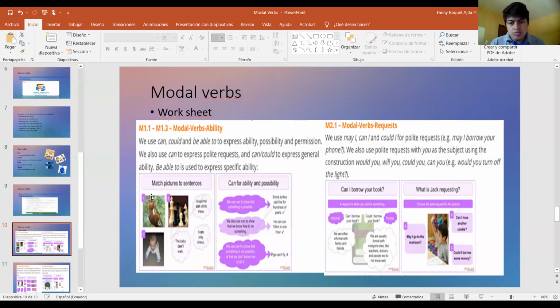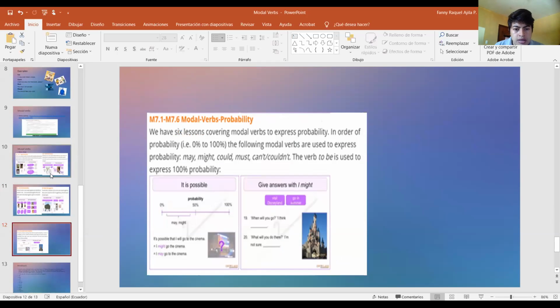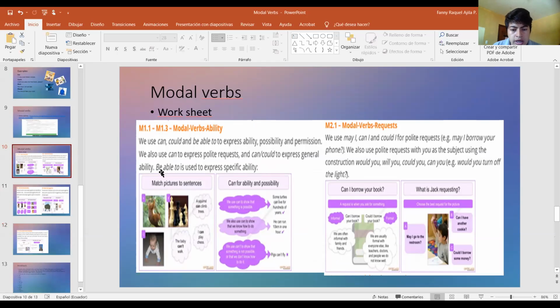Please form groups of 5 persons, and I give you some of the modal verbs for ability, request, and also advisability, suggestions, and probability. As you can see, we have the explanation of when we can use modal verbs for ability or